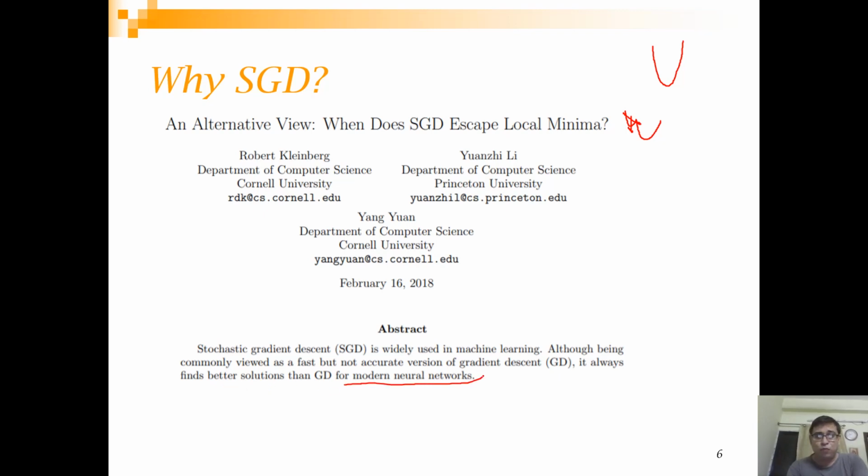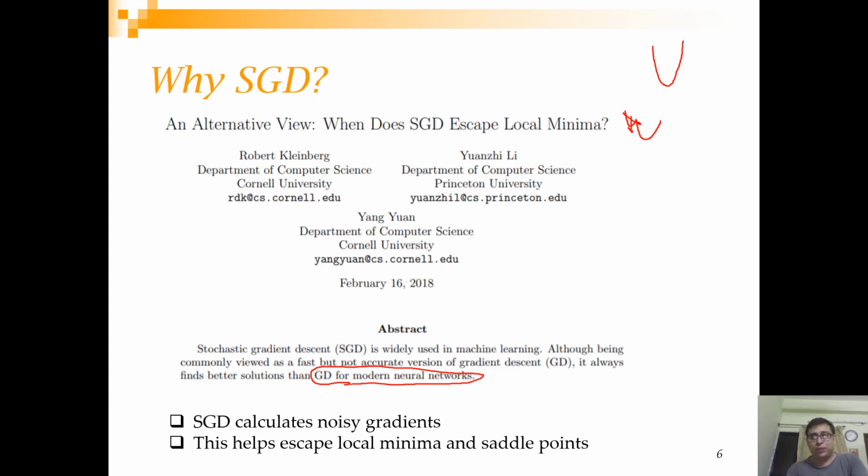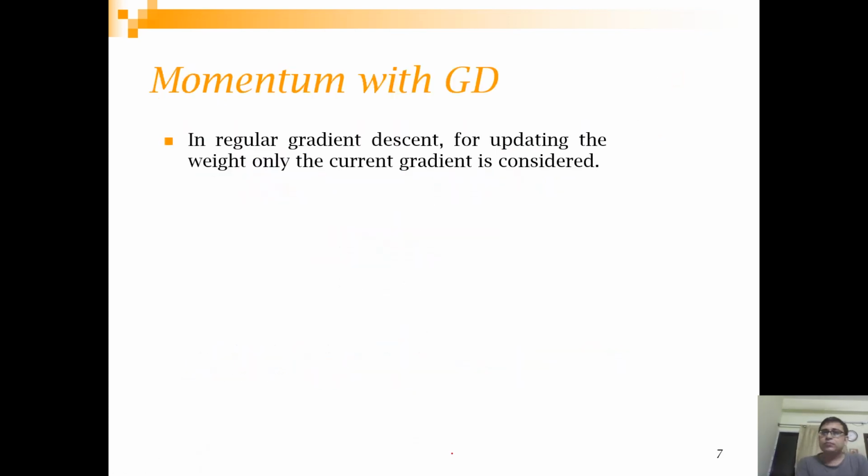Okay, so this is something I want you to pay very, very close attention to. You can understand that of course the calculation of gradient is much faster for SGD, right? Because you don't want to take the entire training observation in memory and calculate the gradient. You can take only one observation and get the gradient. And one thing is that SGD calculates a noisy gradient, as I said, and this helps escape local minima and saddle points.